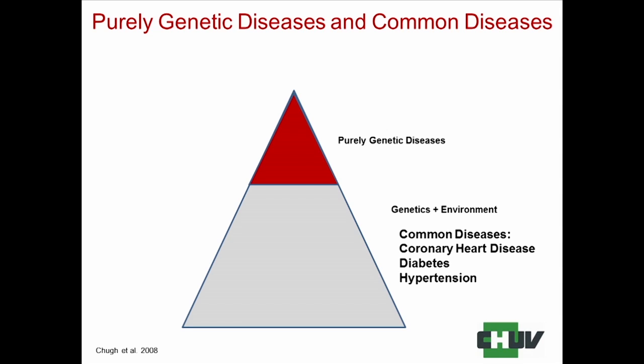So now we are transitioning into a new era. Until now, I explained to you the diseases which are purely genetic and run in the family. Now we are working in a different context, like common diseases, for example someone who has coronary heart disease, a heart attack at the age of 50 or 55. So it is not only genetics. Genetics plays some role, but there is also environment, food, and a lot of other things. We are now working on that part all over the world.